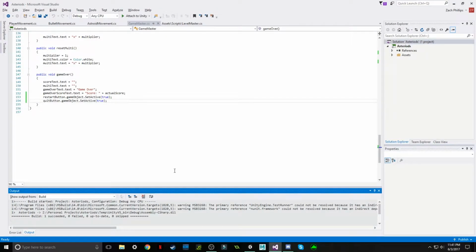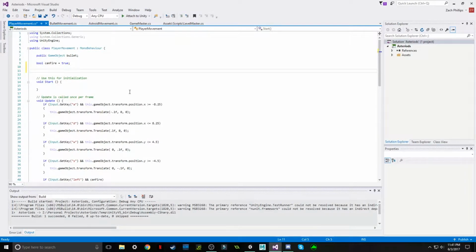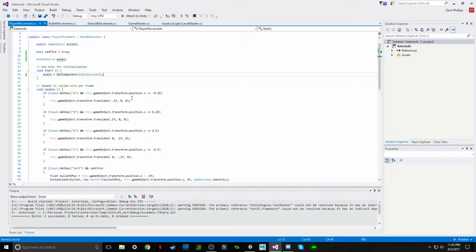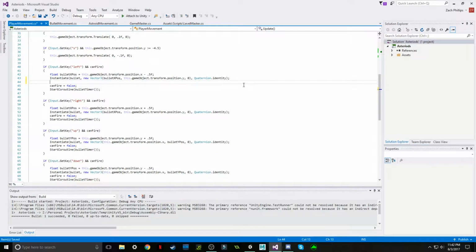So we're going to go back to our player movement file, and at the very top, we are going to make something called an audio source. Just like that. We're going to call this audio. And then underneath start, we're going to do audio equals get component audio source. So what this is going to do is it's going to get the audio source from this game object, and it's going to set it to audio, just like that. Now, let's say whenever we fire, so we want to do it right after it's been created, we're going to do audio.play, just like that,